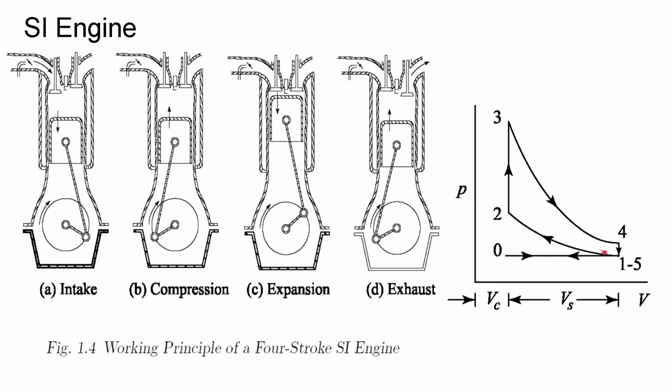Hence, there is an increase in pressure, and the increased pressure is at point 2. Now, due to the inertia of the flywheel and the crank, the piston will go up, compressing the mixture, and as it reaches the top dead center, point 3,